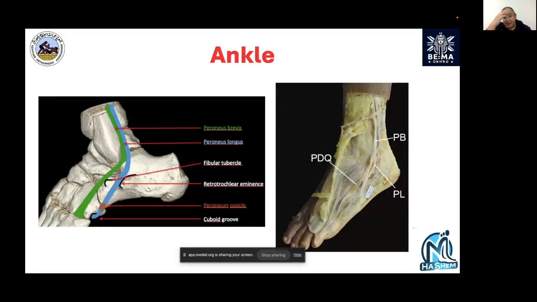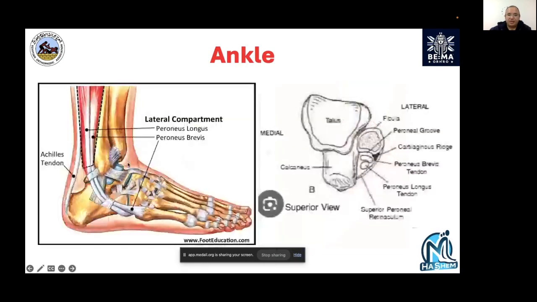لما نيجي لده شكل زي ما قلت لحضرتك، ده الفيبرال تيوبركل او البرنيال تيوبركل بنسميه. فوق البرنيال تيوبركل البرنيس بريفيس، تحت البرنيال تيوبركل البرنيس لونجس. معلش هرجع الحته دي. طبعا برنيس لونجس هذا very important rule في انها تمنتين الارش بتاع حضرتك. طب ازاي؟ لانها ببساطه ماسكه في البيز of the first metatarsal and the medial cuneiform، وبالتالي it bolts the whole first ray into plantar flexion، وبالتالي it adds to the creation of the arch. تمام؟